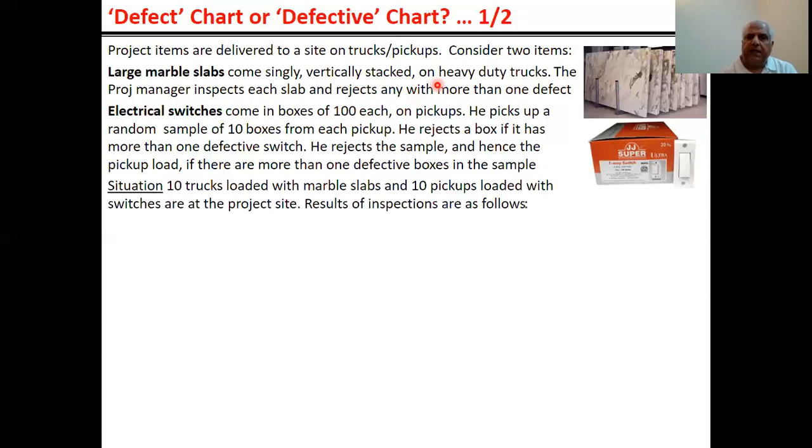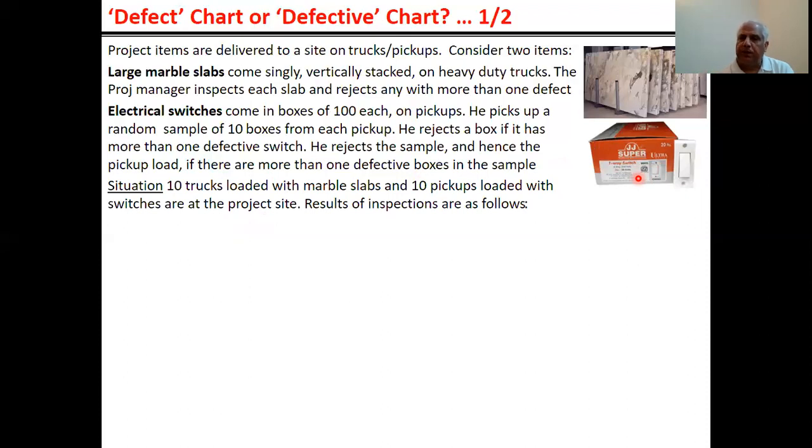The situation is that 10 trucks loaded with marble slabs and 10 pickups loaded with switches have arrived at the project site. The project manager will inspect each and every marble slab, and he will pick up a random sample of 10 boxes of electrical switches from each pickup, and inspect each and every switch